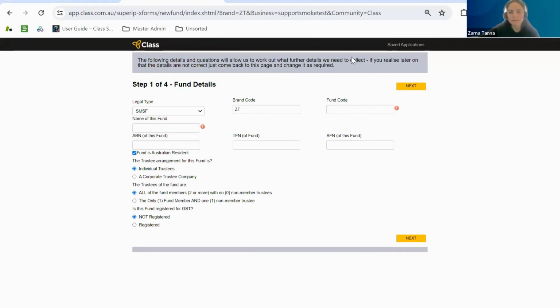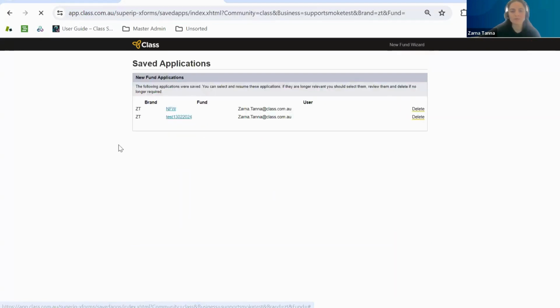You can save as many applications as you like. So say, for instance, you started setting up a fund through this functionality and you have any missing information of a fund or member details, all the applications could be saved and completed at a later stage. If you click on the saved application link above, it's going to give you a list of all the saved applications. And to complete it, you click on the saved application